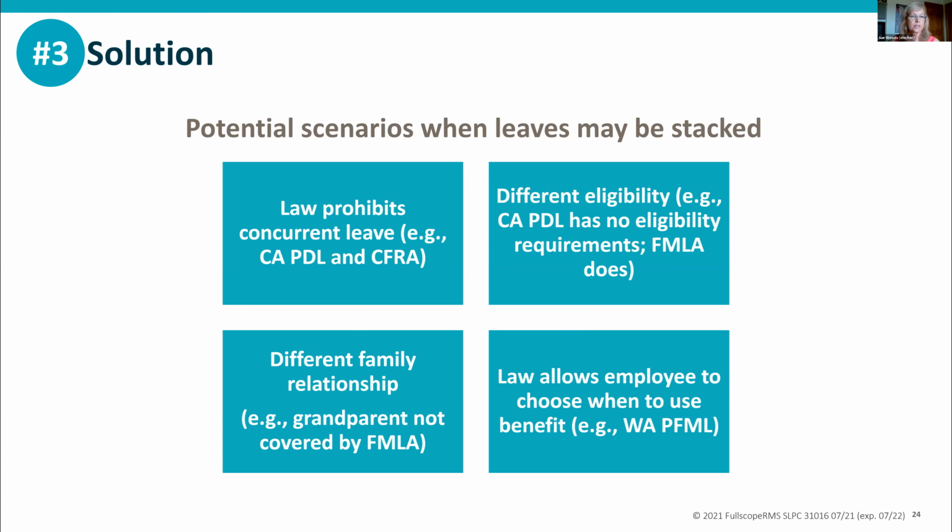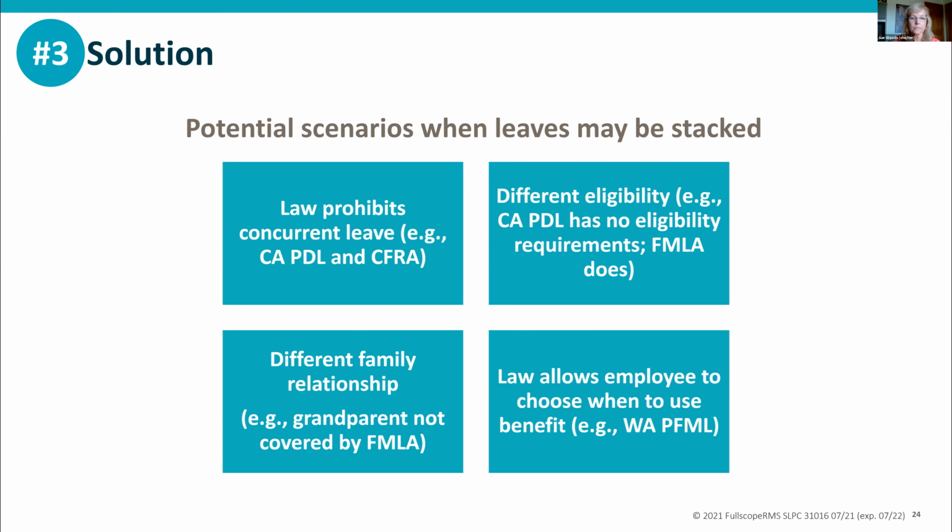if there's a leave reason that's supported by the proper documentation, one right after the other and stacked. What if there are different eligibility rules? That's another reason leaves end up being stacked. The PDL in California has no eligibility requirements. There's no length of service or hours requirement that a pregnant employee needs to have worked for the employer in order to be entitled to up to 4 months of time off if she's disabled due to a pregnancy-related reason. The FMLA, of course, does have eligibility requirements, as we discussed. It's very possible the employee could take California PDL, 4 months of unpaid but job-protected leave, and then still be entitled to FMLA leave later on in the year